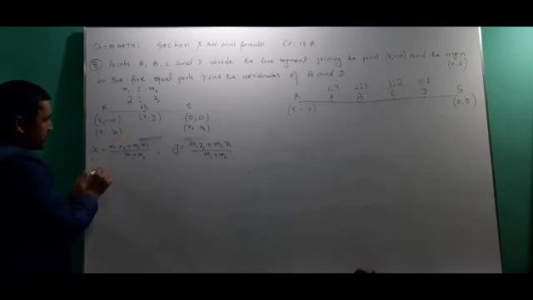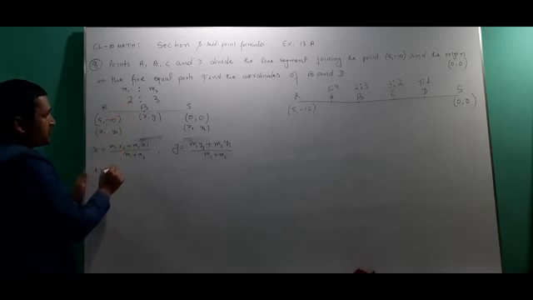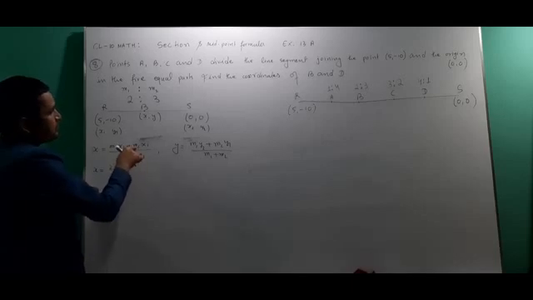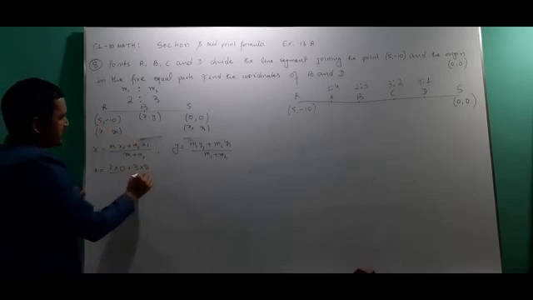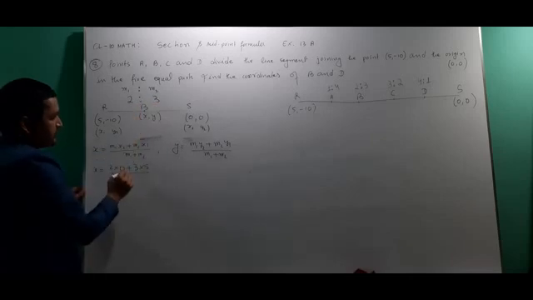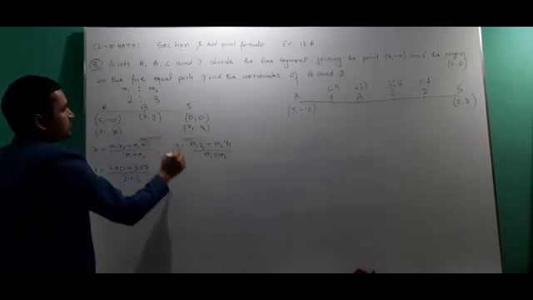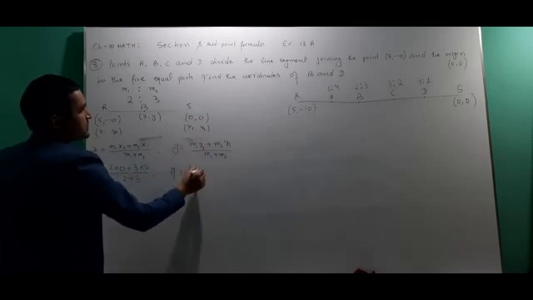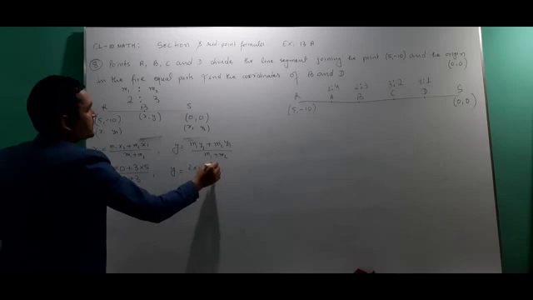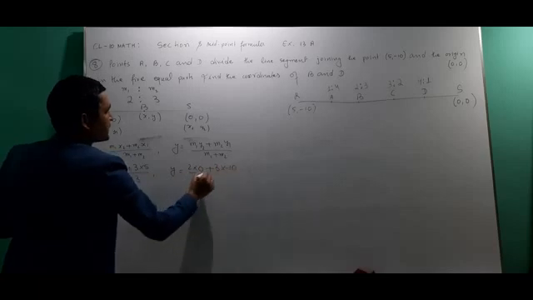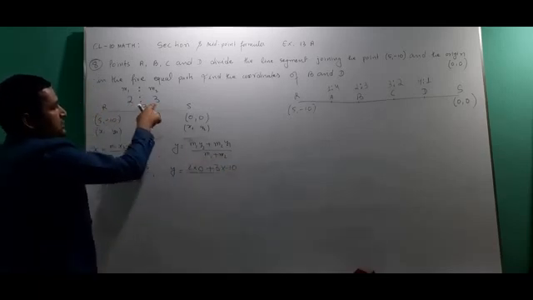Okay, now let's substitute the value of each letter in the formula. X is not there, we are going to find x. Then m1 is how much? 2 multiply x2. X2 is how much? 0. Then plus m2, which is 3, multiply x1. X1 is 5, divided by 2 plus 3, because m1 plus m2 is there. Then y equals m1 2 multiply y2 0 plus m2 3 multiply y1 minus 10 divided by m1 plus m2, 2 plus 3.